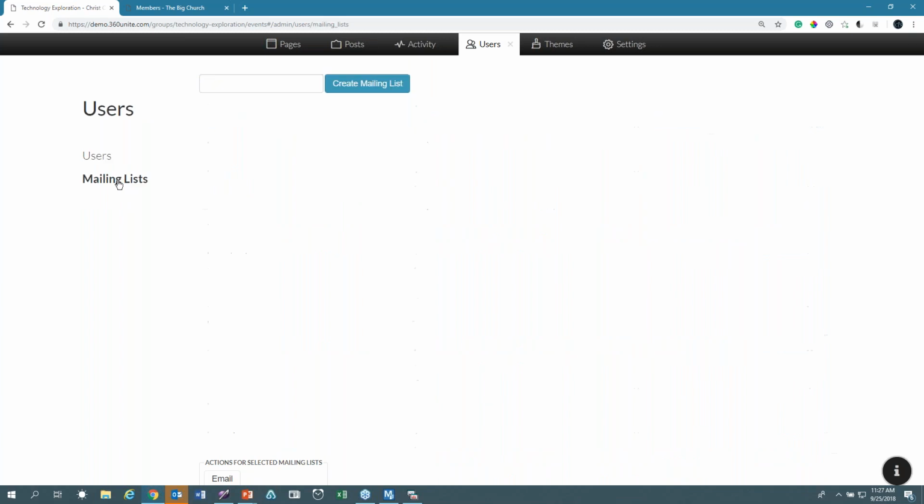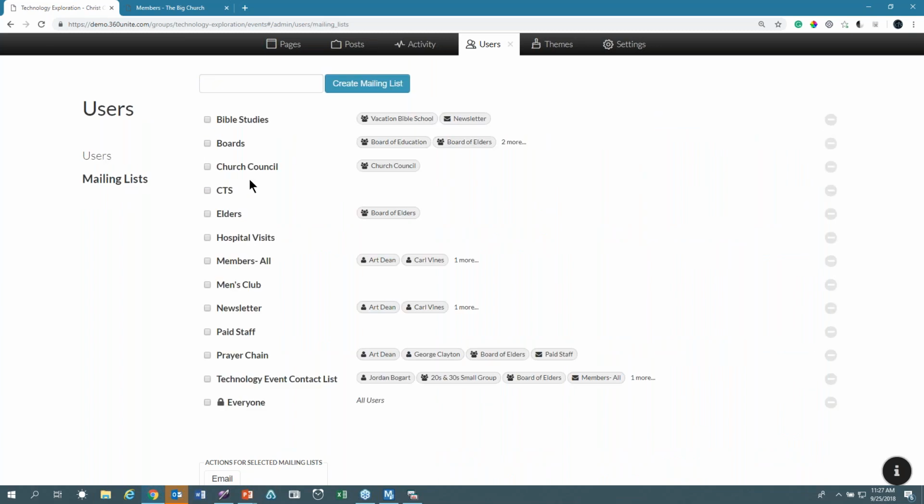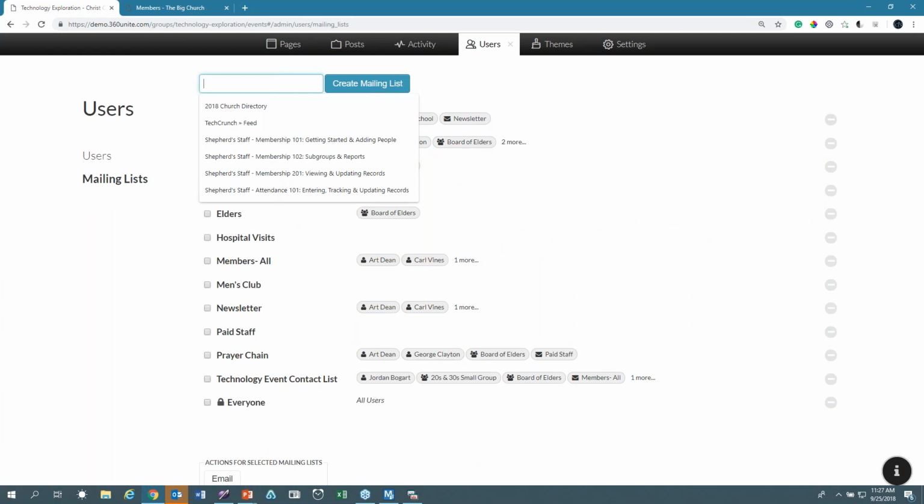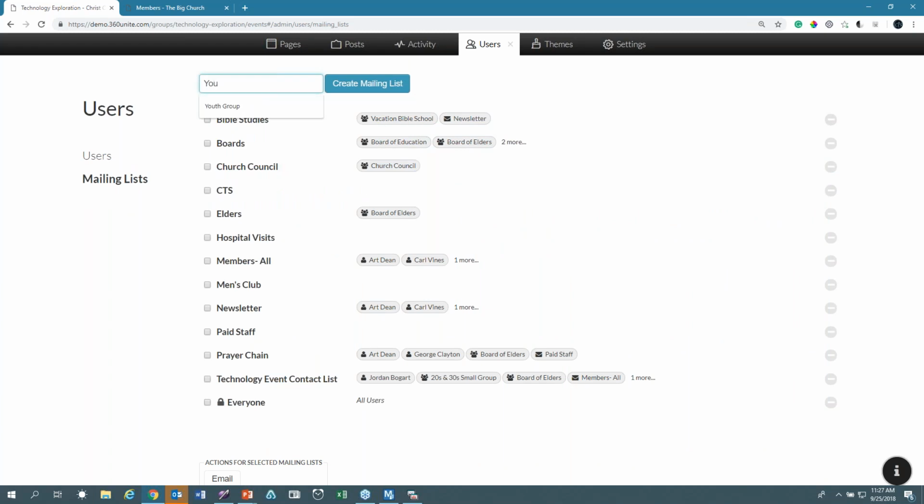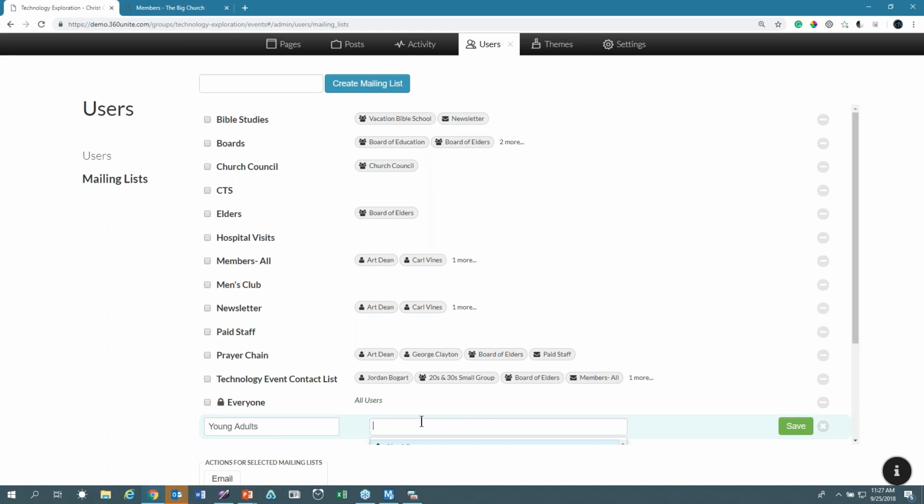And then go to mailing list, and mailing list allows you to create mailing lists. So I'm going to create mailing lists for young adults, then create mailing list, and then that'll drop it down here at the bottom. Then if you click on the row, it'll allow you to change the name, but you can also, let me